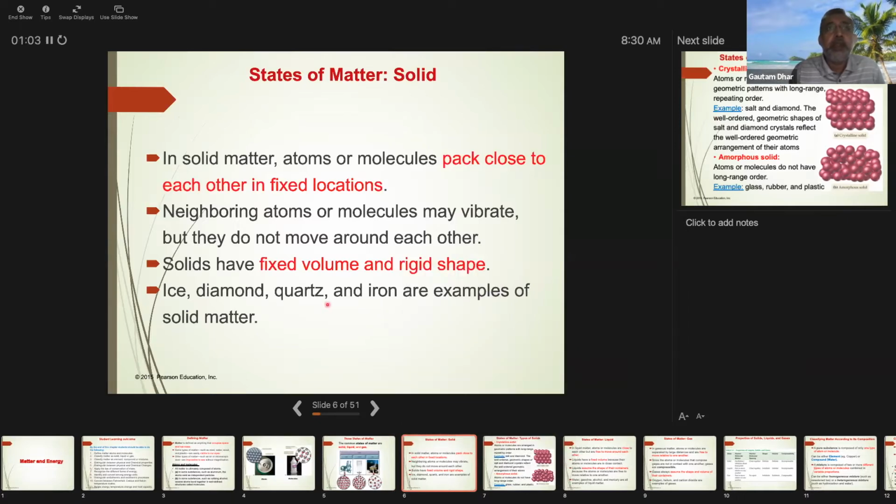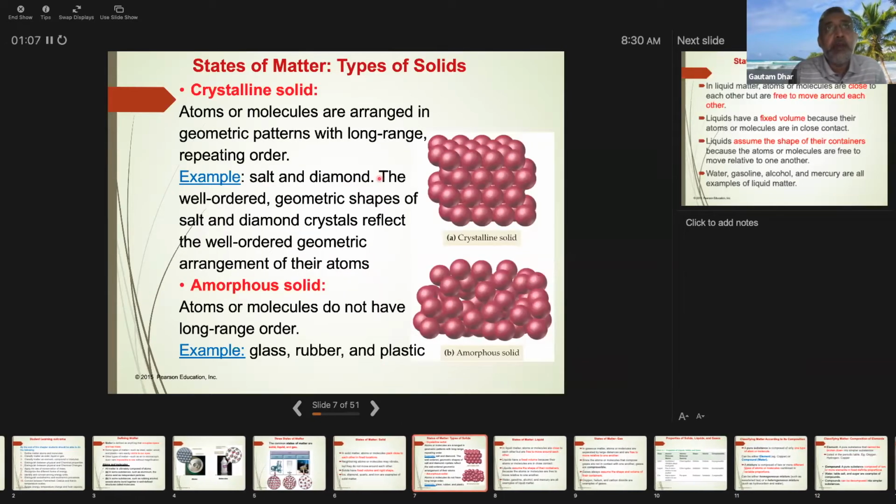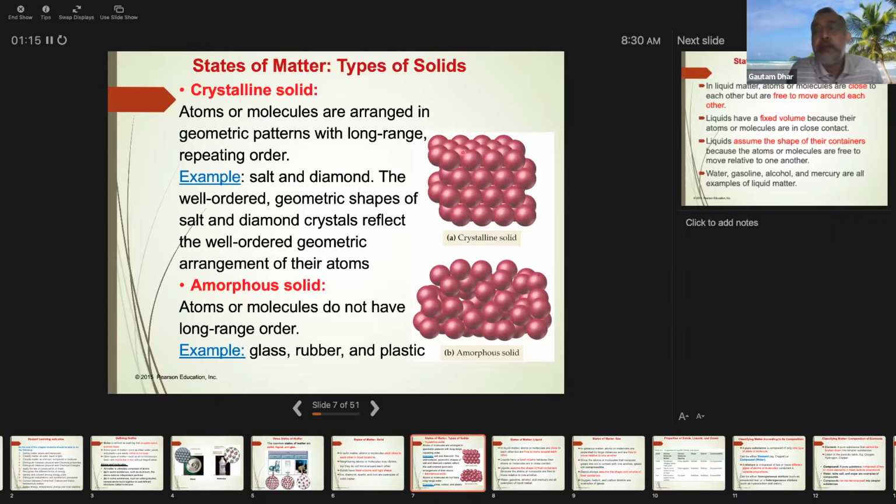Okay, and you can think of some examples here. Now these are the types of solid that you will see. If you look at the arrangement of the atoms, in the first case there's a definite arrangement. We say long range array. Now this term, you please remember, okay? So they are called crystalline. So you might get a question like this: what is a crystalline substance?